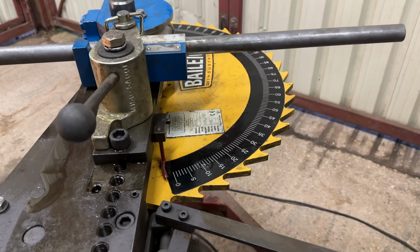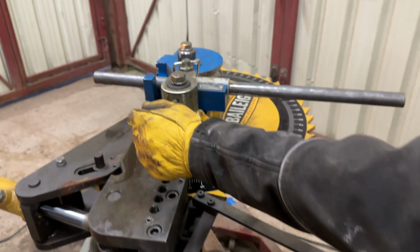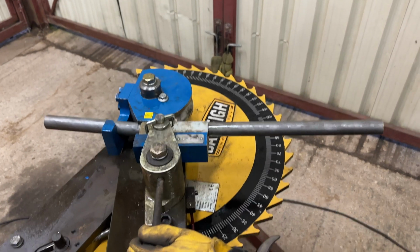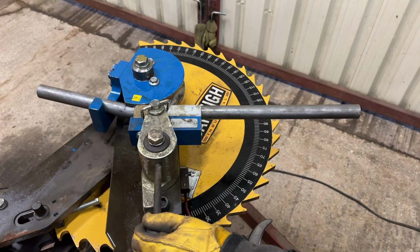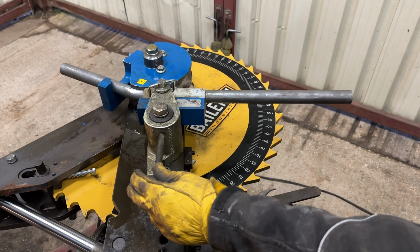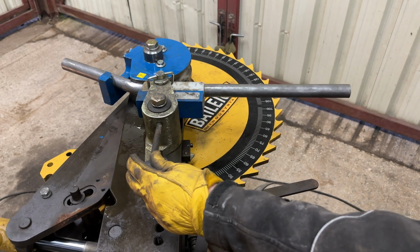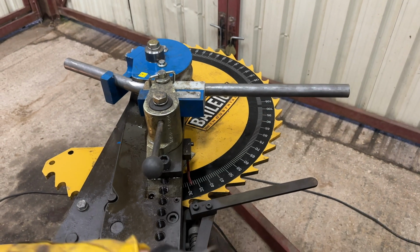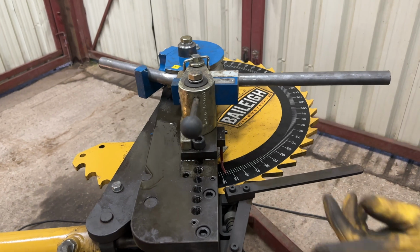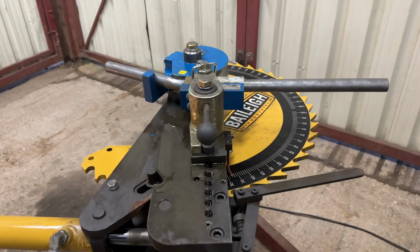So all I do is press the pedal, hold that piece in. So we're at 10 degrees, 15 degrees, 20 degrees, 25. I'm going to stop it at 30, back it off, because this will only bend 40 degrees in one go, because we've run out of hydraulic ram. So now the thing has ratcheted itself out, and now we can go again, and we're going to extend it